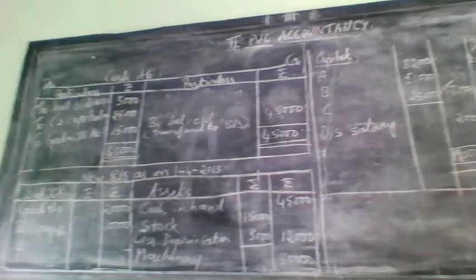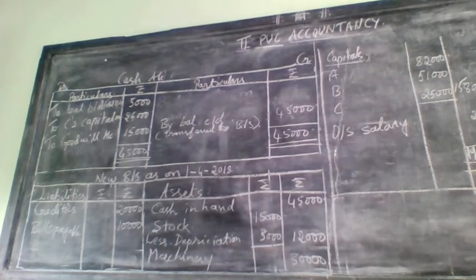Liability side, the first item they have given in the old balance sheet is creditors. Creditors they have given 20,000. Usually for creditors and bills payable, they will not give you adjustment. If they have given discount on creditors, then it will come there, or else no adjustment will be there in the new balance sheet. So creditors 20,000 as it is from old balance sheet. Bills payable 10,000, this is also same from old balance sheet.